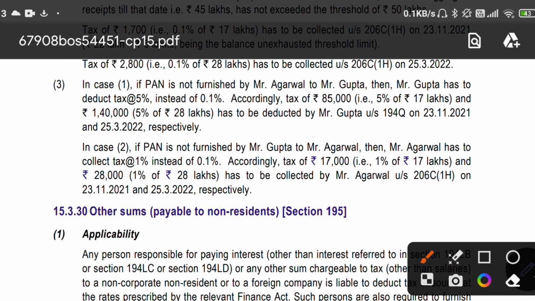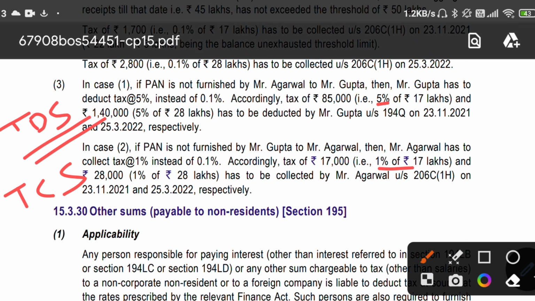If PAN is not furnished, TDS rate will be 5% of 17 lakh and 5% of 28 lakh, and in case of TCS, the rate is 1% if PAN is not furnished. Okay, so 1% of 17 lakh, 17,000, and 1% of 28 lakh, 28,000, has to be collected by Mr. Agarwal. Okay,